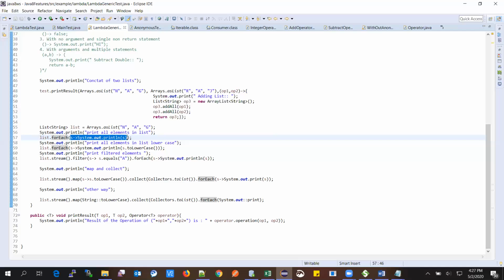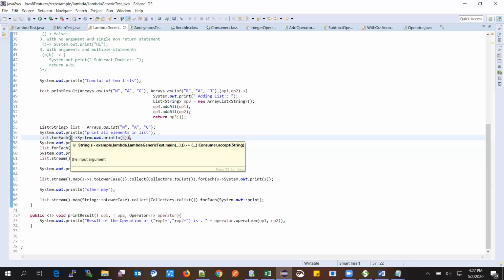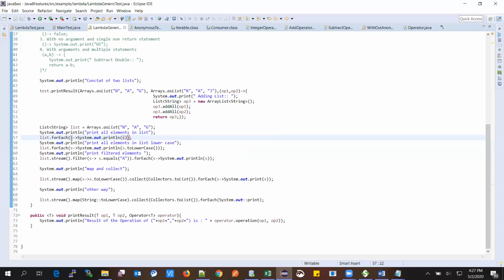So that is system.out.println. This s is nothing but our argument. We can write s in parentheses or without parentheses, as it is only one. This s is our element which is in the list, and the implemented method is system.out.println. That means it will print all elements.